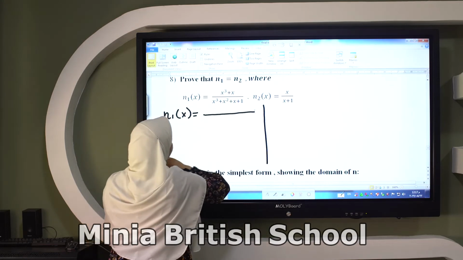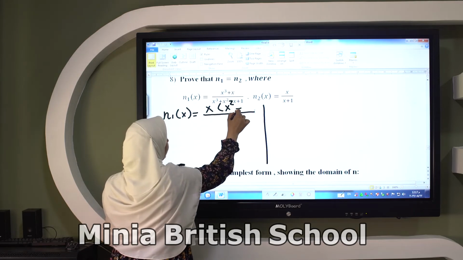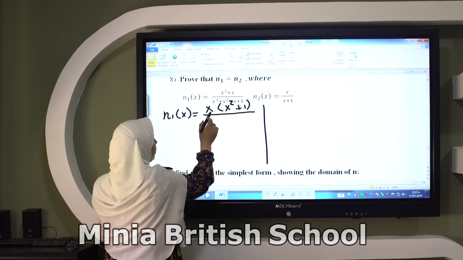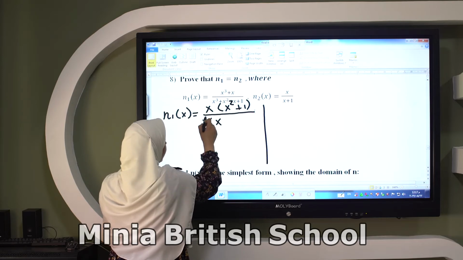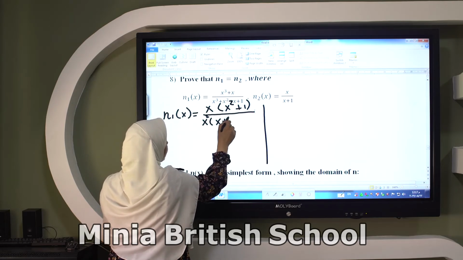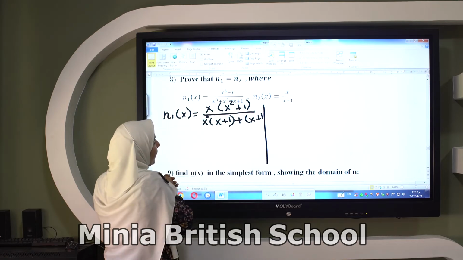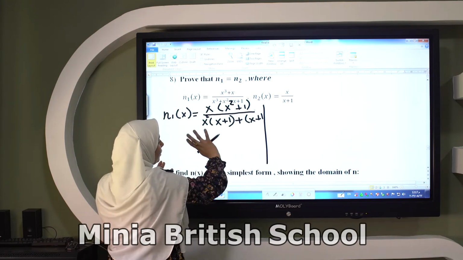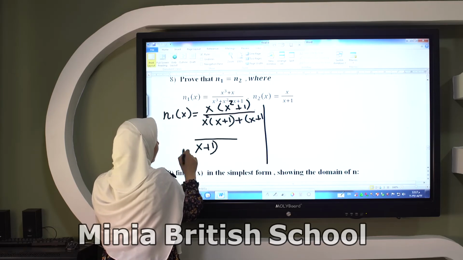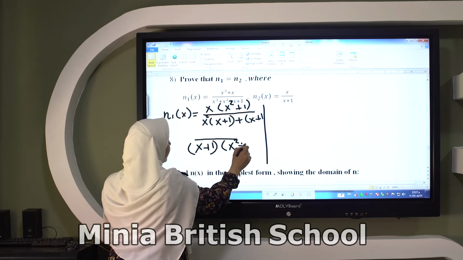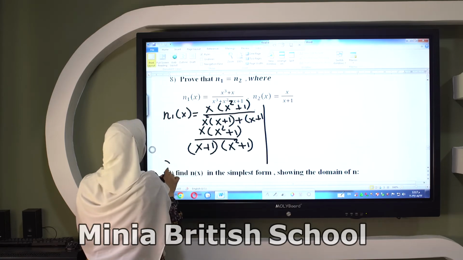N1(x), take x as a common factor, so we get x(x^2 + 1). In the denominator, take x^2 as a common factor, x^2 (x + 1), then x + 1 here, you can take x + 1 as a common factor, factorizing by grouping. We get in the denominator (x^2 + 1) and in the numerator x(x^2 + 1). So the domain here